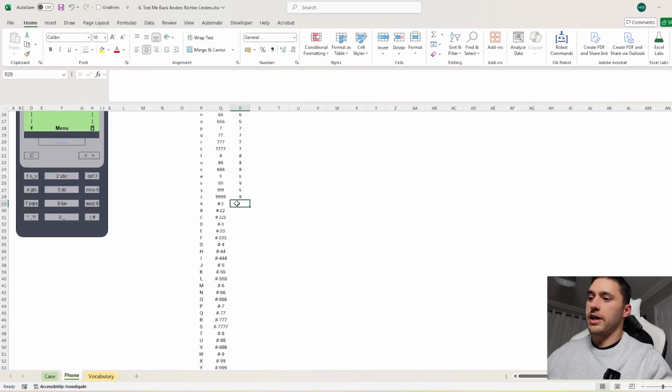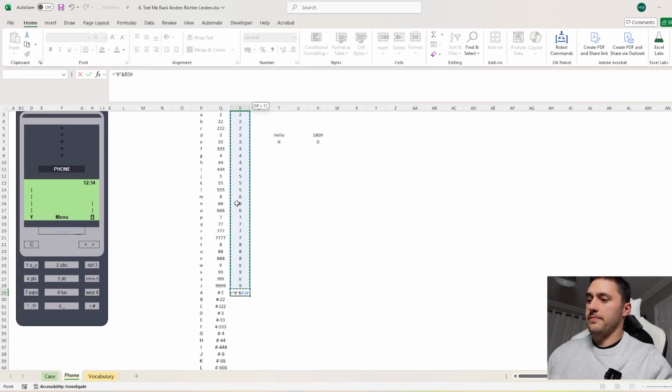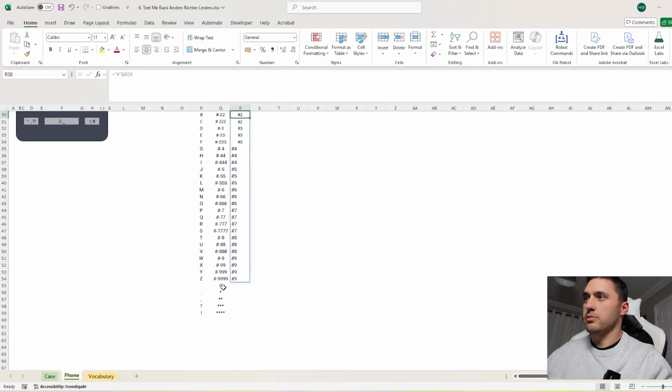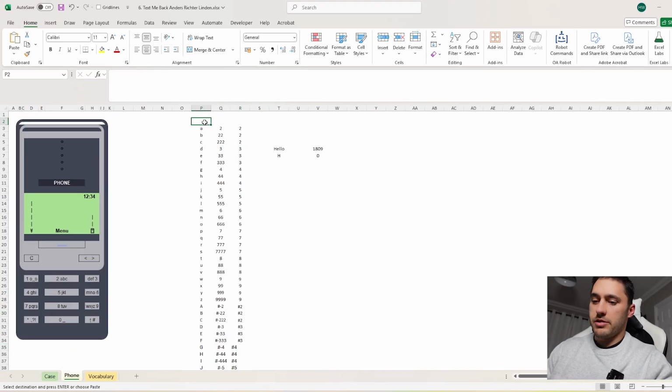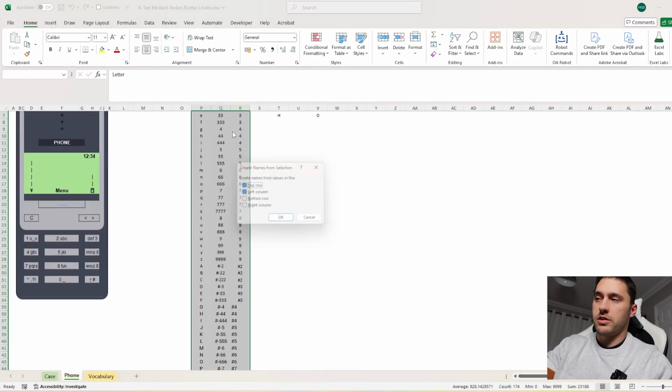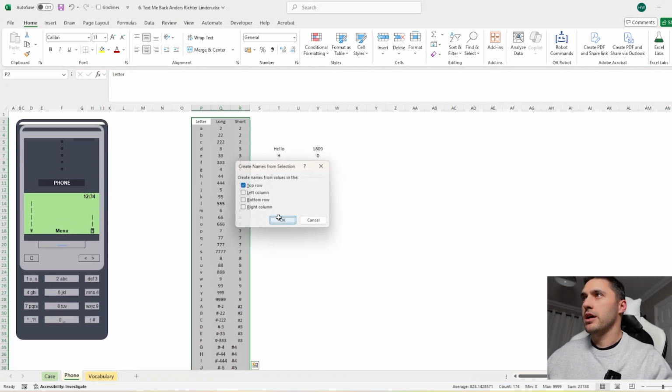And then the short form for capital is just the hash and that. So the symbols are exactly the same. So I'm going to label this letter, long, short, and then if I do Control-Shift F3, I can label them